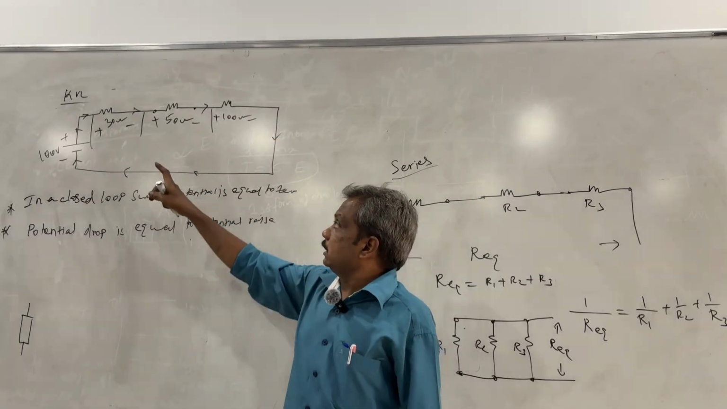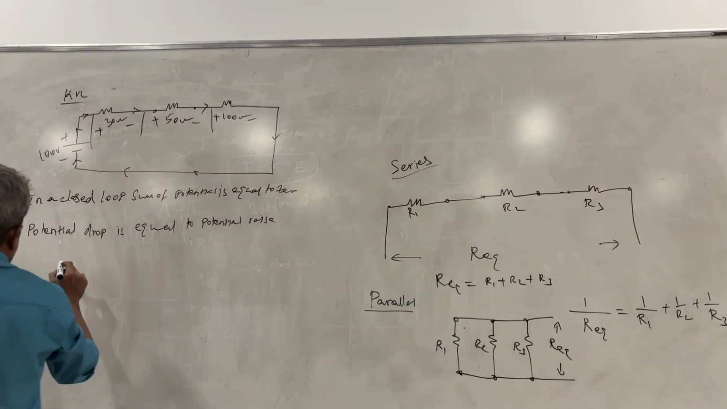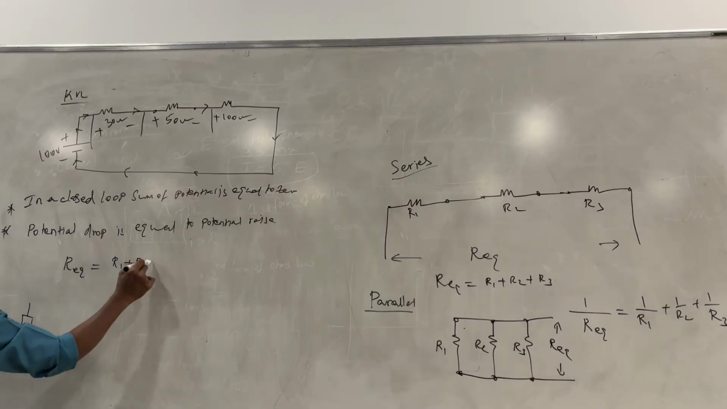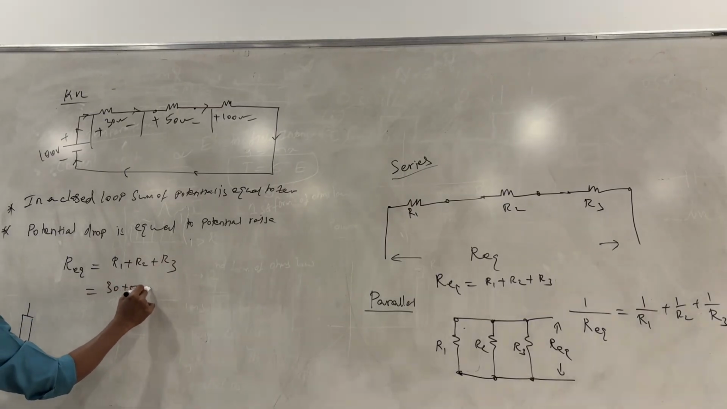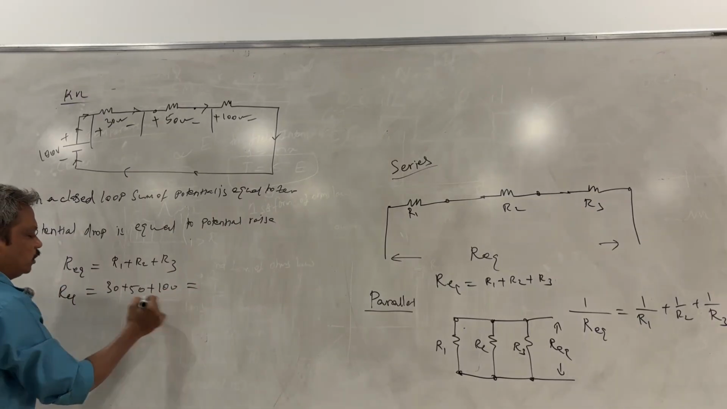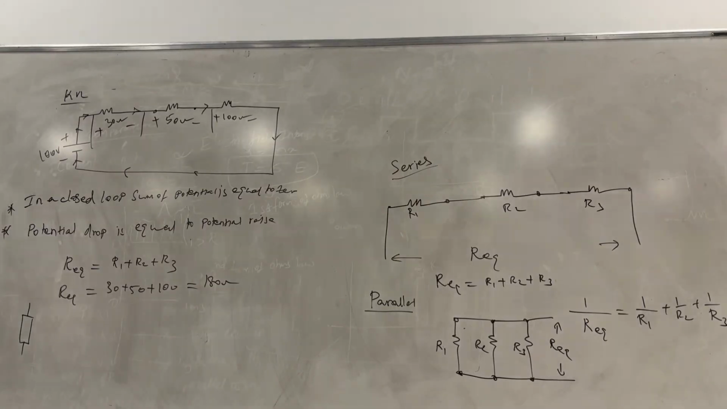Okay. So all the resistances are connected in series or not? So what is the equivalent resistance? 30 plus 50 plus 100. How much? 180. 180 ohms. And current